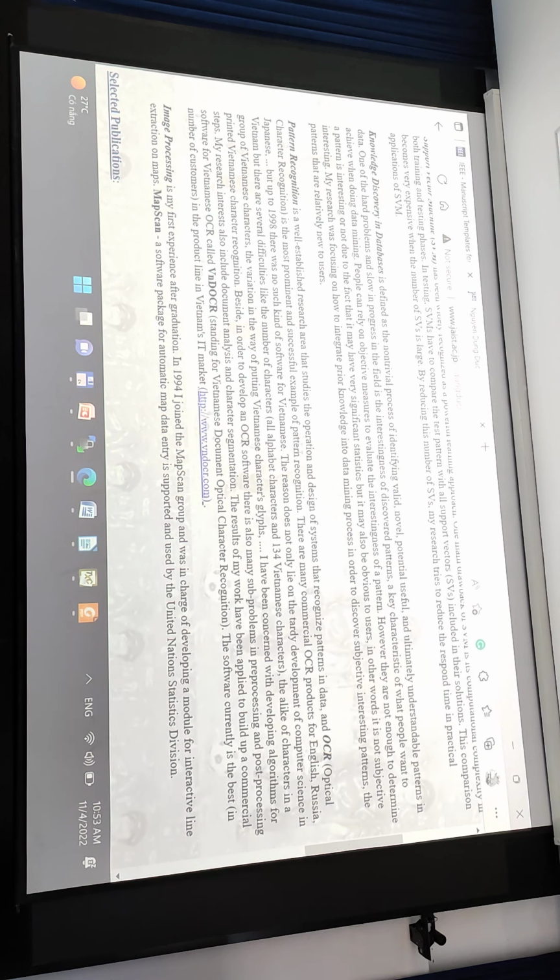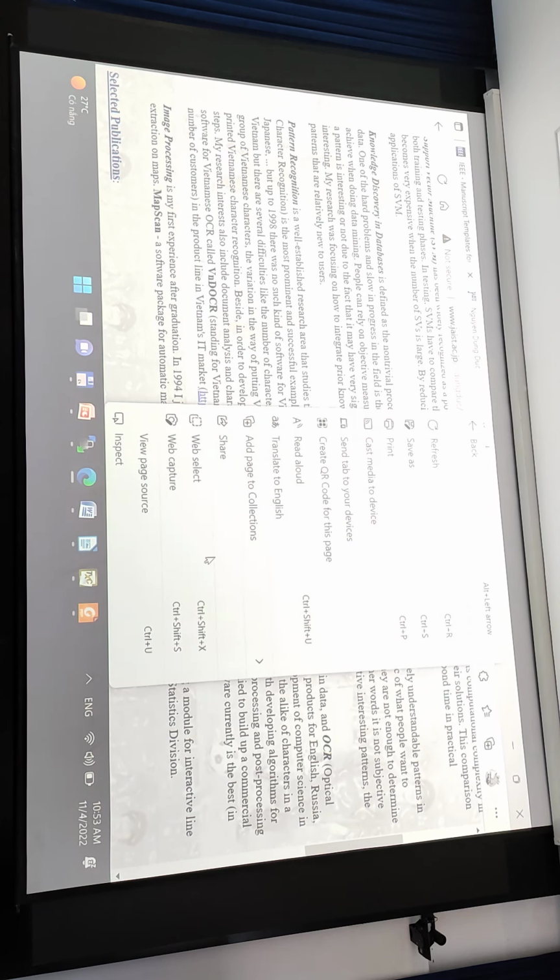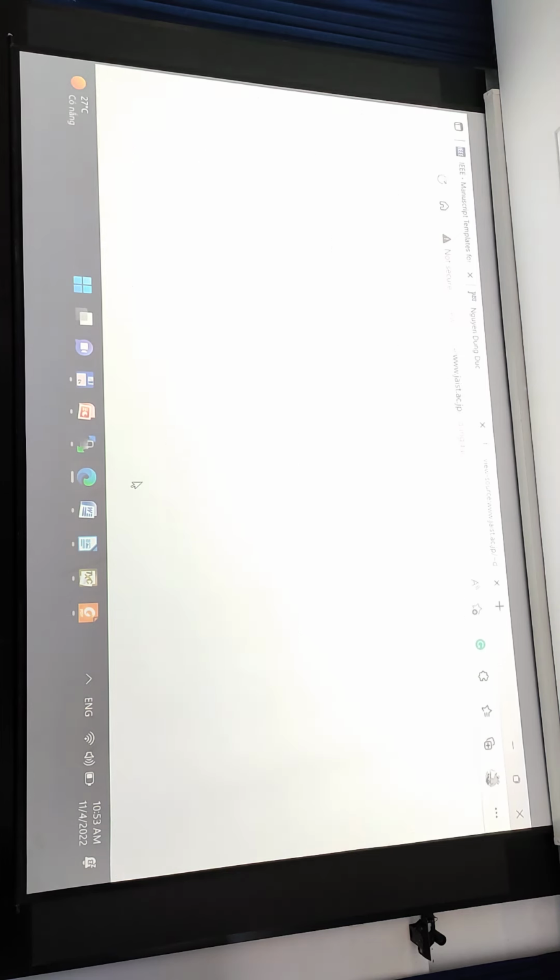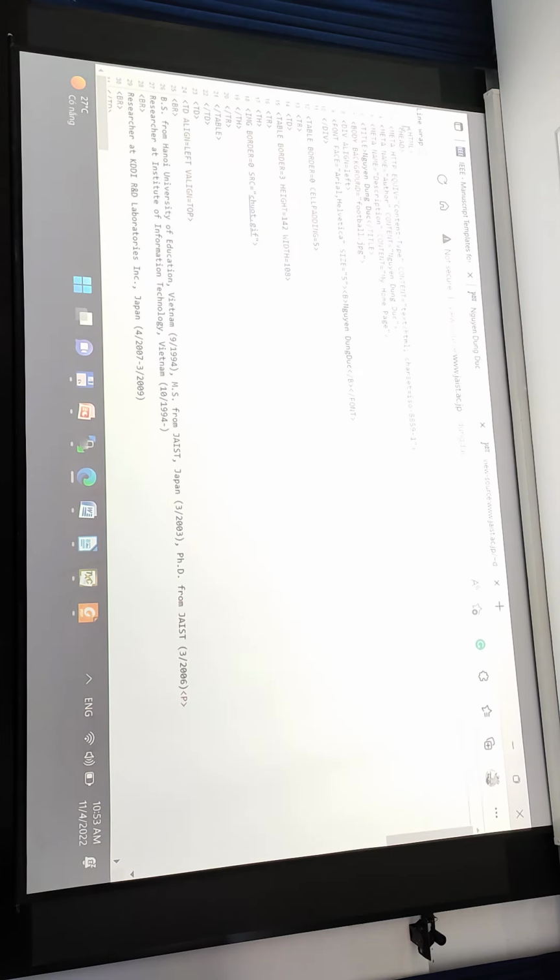Where is it? And you choose view page source. This is actually an HTML file with different tags. In the practice, you will learn to create a simple document like this.